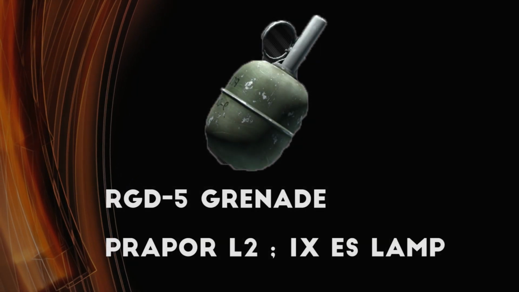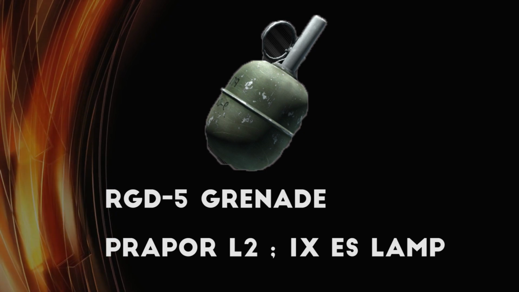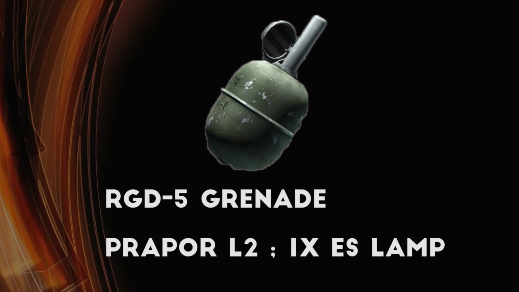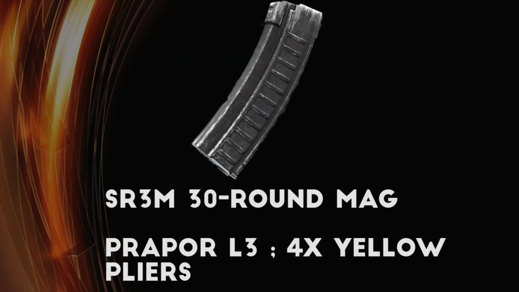Another trade that I make very often at Prapor level 2 is the RGD-5 grenade in exchange for 1 ES lamp, which is also a very common drop and really the only viable way to get grenades for cheap in the early game. Moving up to Prapor level 3, we have a great trade for a 30 round VSS mag